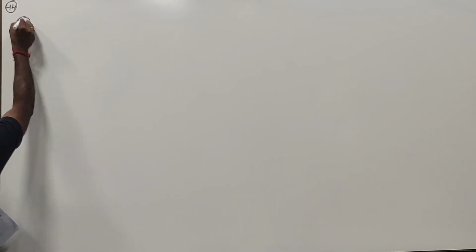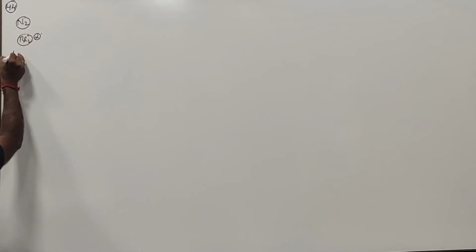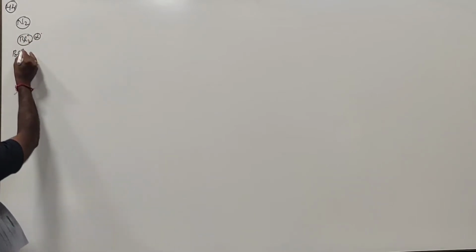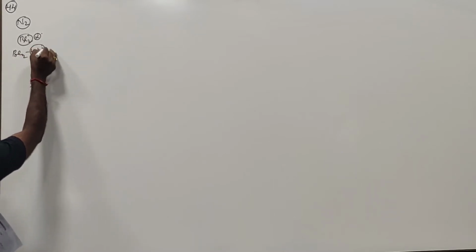Question number 44. Which of the following statements is incorrect? Beryllium, like nitrogen, forms a diatomic molecule Be2. Nitrogen forms the N2 molecule, as we all know. Whereas beryllium, does it form a Be2 molecule? We'll see. Beryllium atomic number is 4, therefore Be2 has a total number of 8 electrons.